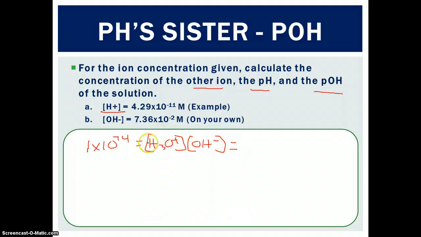So the hydronium ion concentration is the same as hydrogen ion, and I'm trying to find hydroxide ion concentration. I divide both sides by 4.29 times 10 to the negative 11. I end up with hydroxide ion concentration, apologize for the noise outside my door, of 2.33 times 10